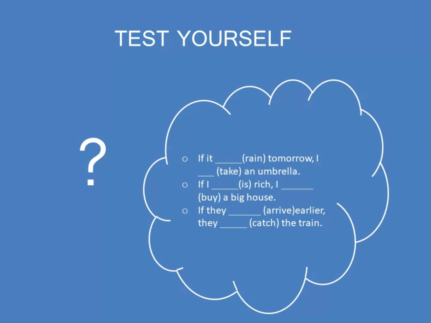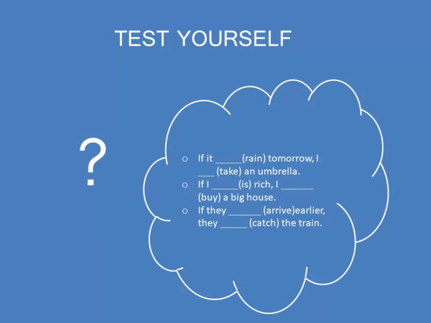So in first sentence, you can see the word tomorrow. So with tomorrow, you can never use past indefinite or past perfect. So you are left with only simple present. So you will write if it rains tomorrow. So with simple present, you can use future indefinite. I will take an umbrella. So future form of take is will take. Now go to the next sentence.